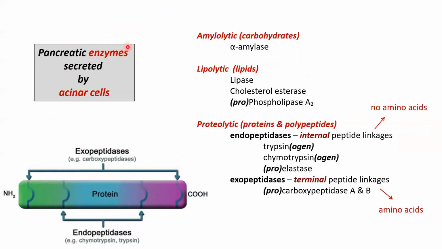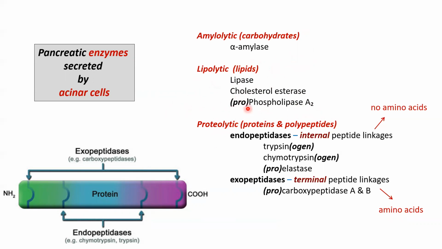Okay, let's deal with the pancreatic enzymes. These are amylolytic, alpha amylase for carbohydrates. The enzymes in the pancreas are very abundant relative to what you're going to be ingesting. Some people estimate 5 to 10 times more enzymes than are required that are always being added to the duodenum by these secretions. Lipolytic enzymes take care of lipids, and we'll cover these later, and the proteolytic